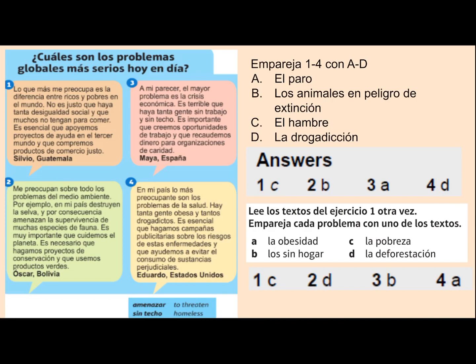And then you can also see the bonus questions below. 1 goes with C, 2 with D, 3 with B, and 4 with A. If you've got any problems with those, feel free to email me. You will have my email or Miss Smith, and we can talk you through those answers. But hopefully they weren't too bad using the glossary sheet that you were provided with at the beginning of the lesson.